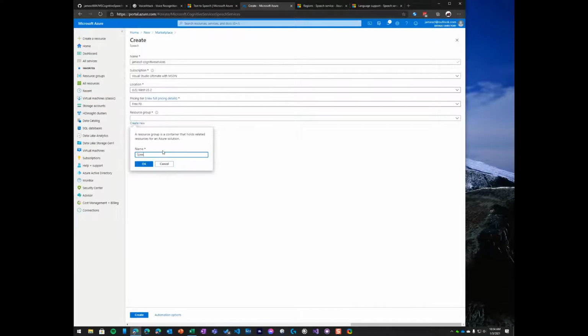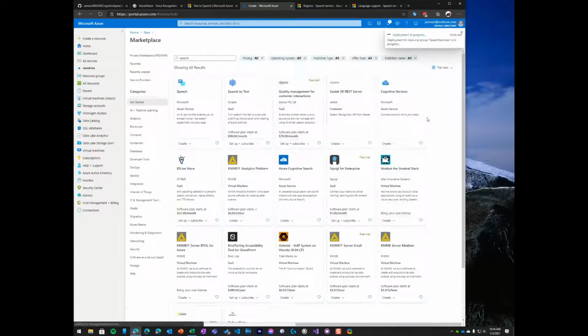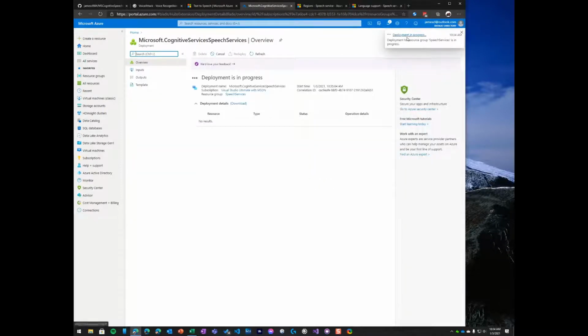I have to actually create it versus try to select it. All right, and then we'll hit create. Deployment doesn't take too long. For me, it was less than 30 seconds, so hopefully this will come through. Great, there it is. So we'll go to that